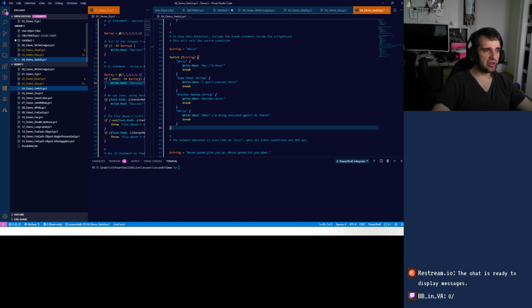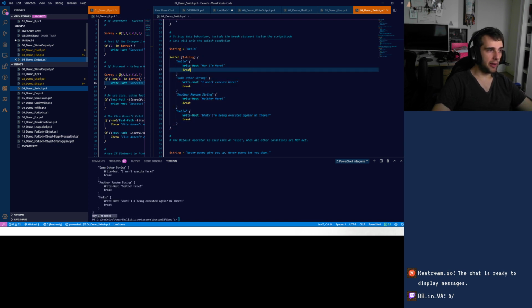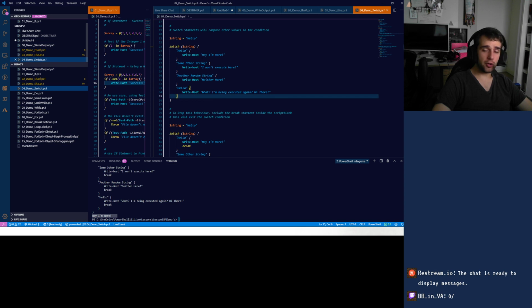Essentially, when this statement gets triggered again, which is hello, it'll say, hey, I'm here. It'll run the break statement, and it'll exit the switch. So all these other conditions won't be evaluated. So if we run this, you can see, hey, I'm here. But to prove that it's actually iterating through and evaluating, I am going to